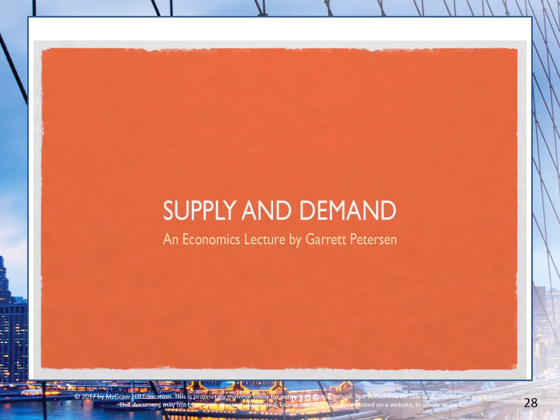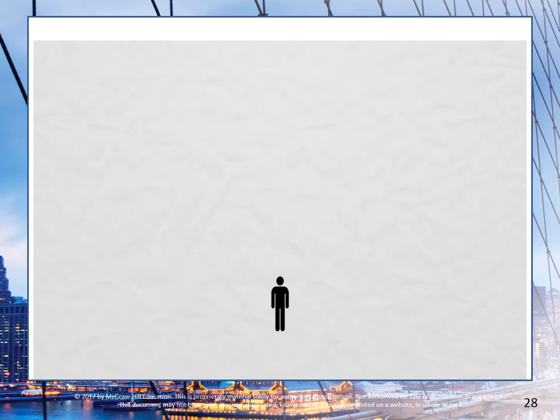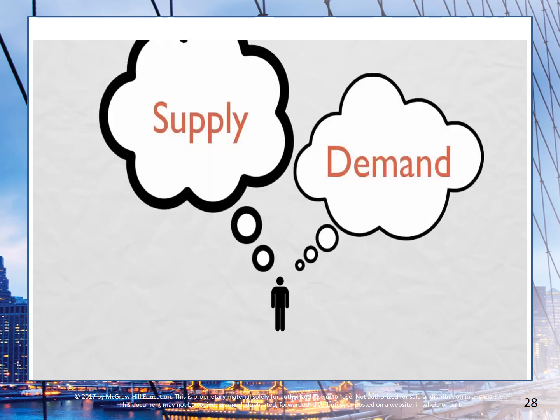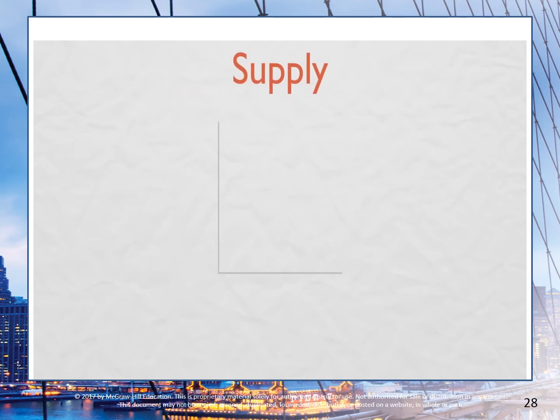Supply and demand. If you've only heard of one economics concept, it's probably supply and demand. Eventually we'll want to derive this concept from basic assumptions about utility and cost functions, but for now I'll just go through the 2-minute version. Let's start with supply. A supply curve is a relationship between the price of a certain good and the amount of that good producers make. Let's say they're producing umbrellas. Supply curves typically slope upwards, since a higher price means producers can earn more from each item they sell, so it's worth it for them to produce more of that item.